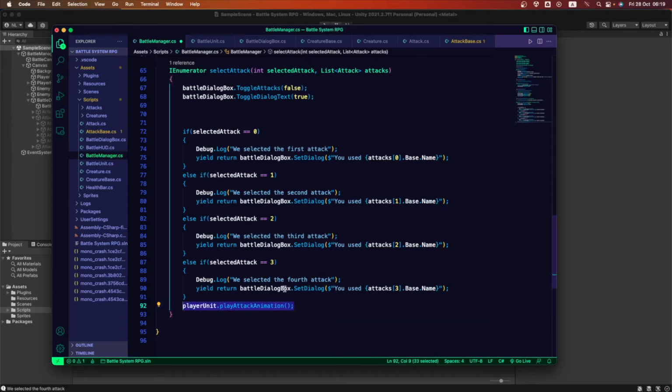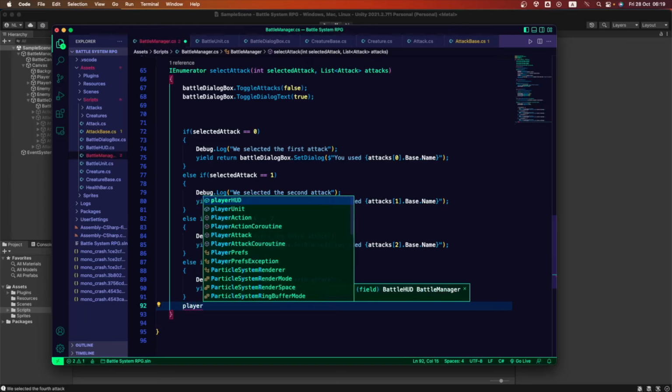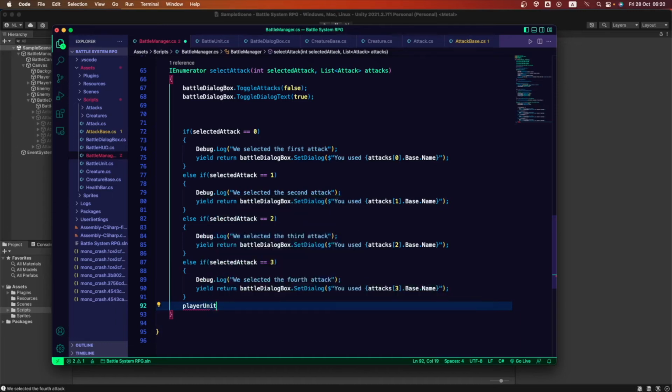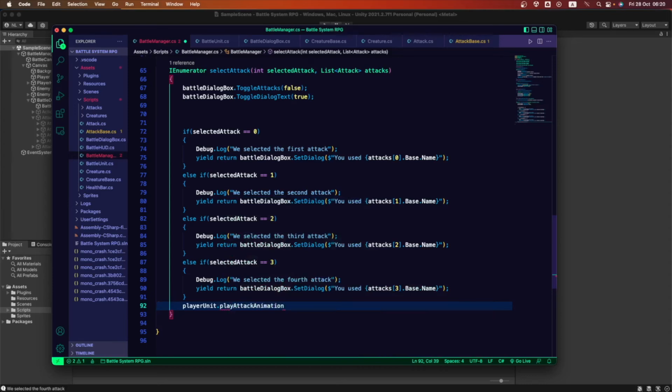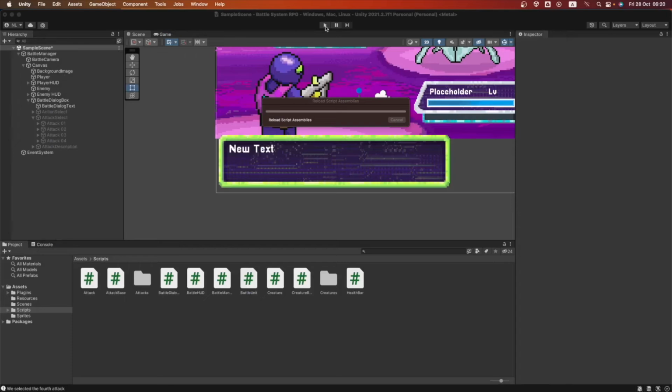So remember, we're gonna be calling this from the battle unit. So I'm gonna write it again so we have that clear. Okay, so we're gonna go into our player unit, which is a battle unit. It's part of the battle unit class, which has the animations that we created at the beginning. And we're gonna go inside it, and we're gonna play the attack animation. Great. Okay, we're gonna save this. Okay, let's set it up. It's a method. We're gonna save it, and we're gonna go back into Unity.